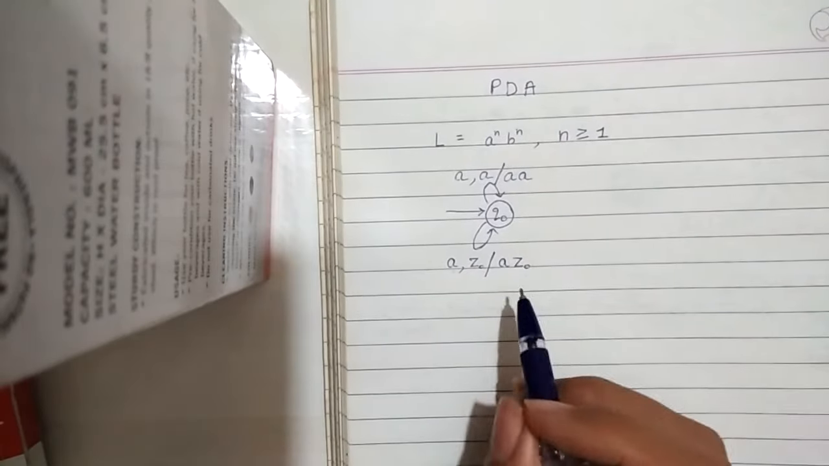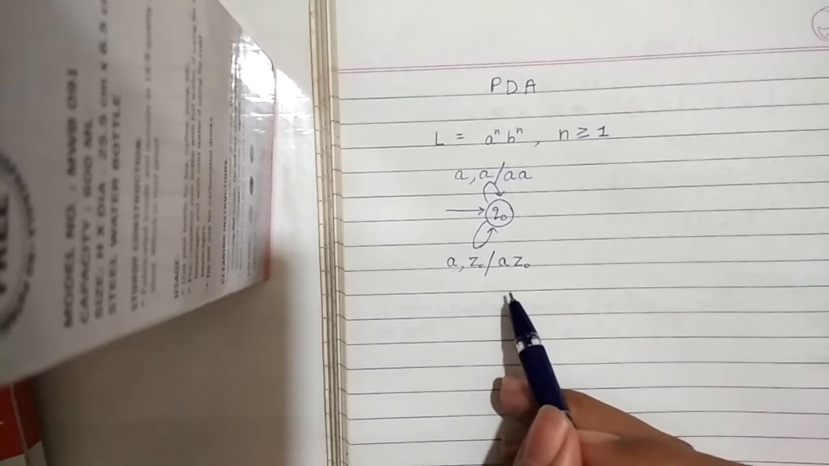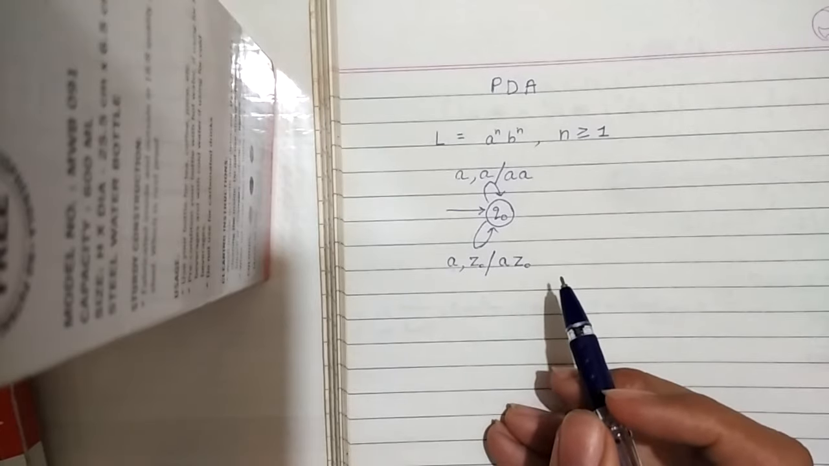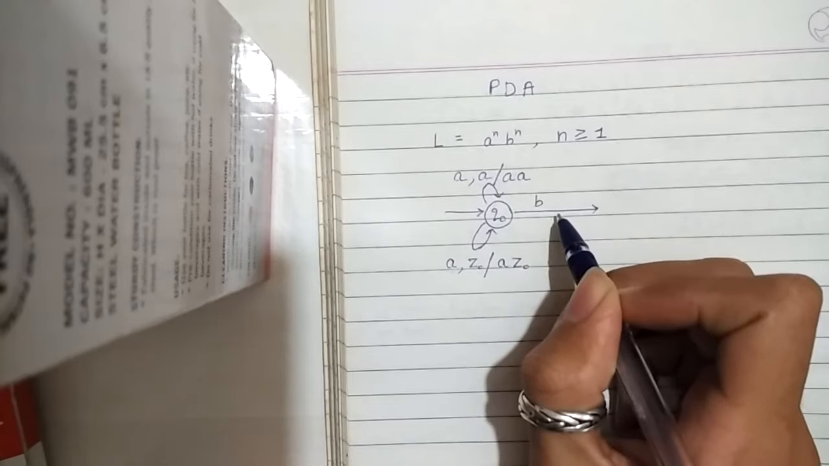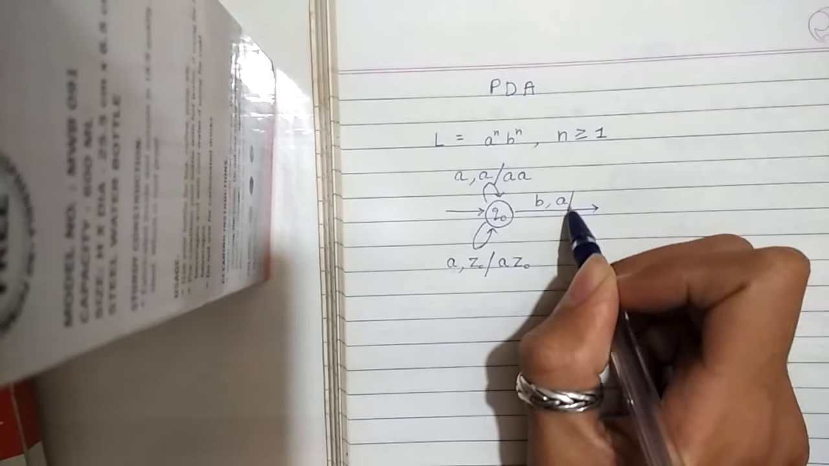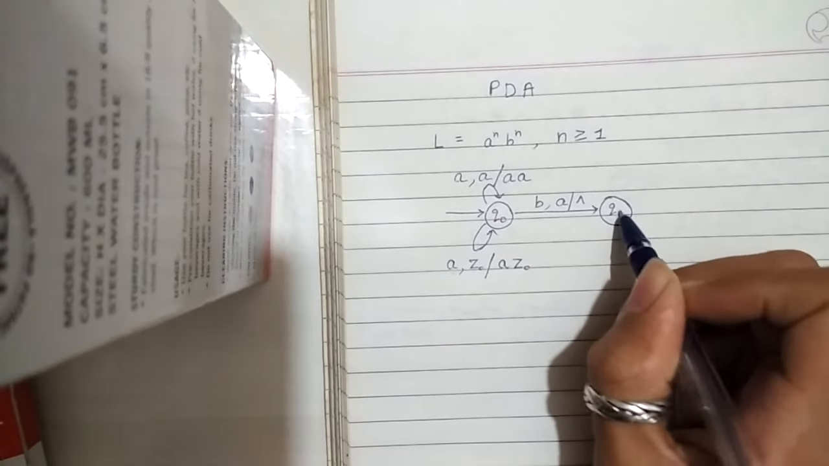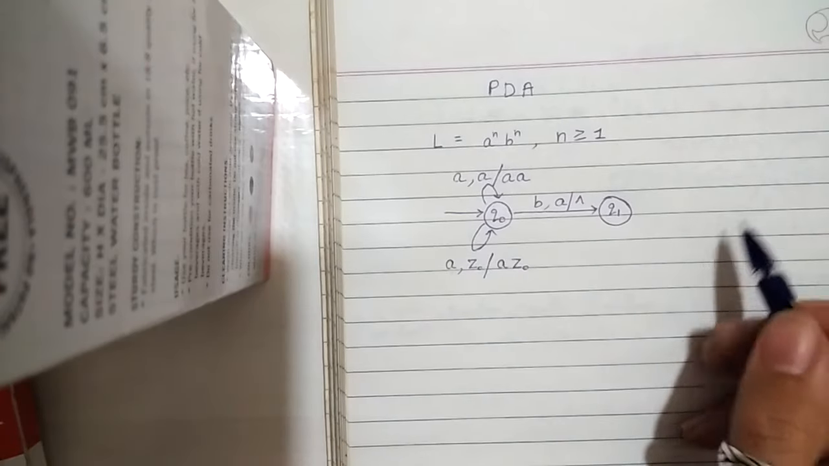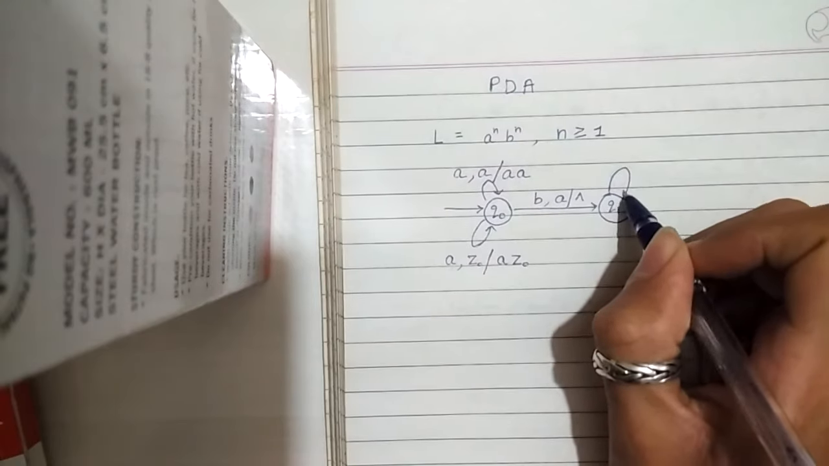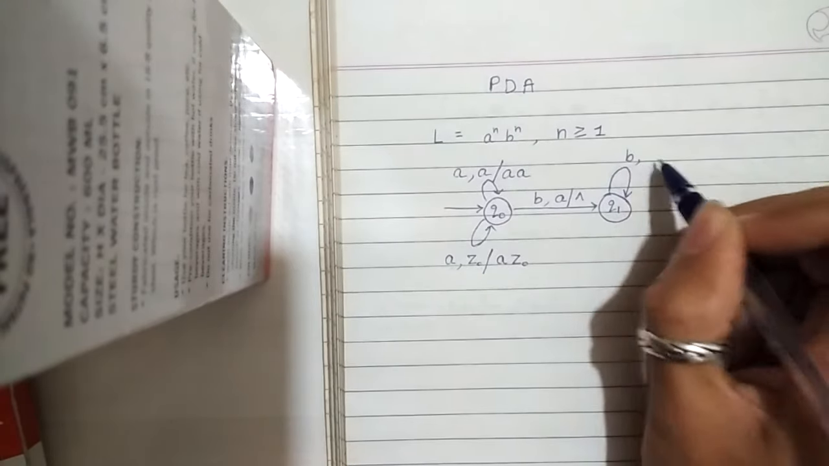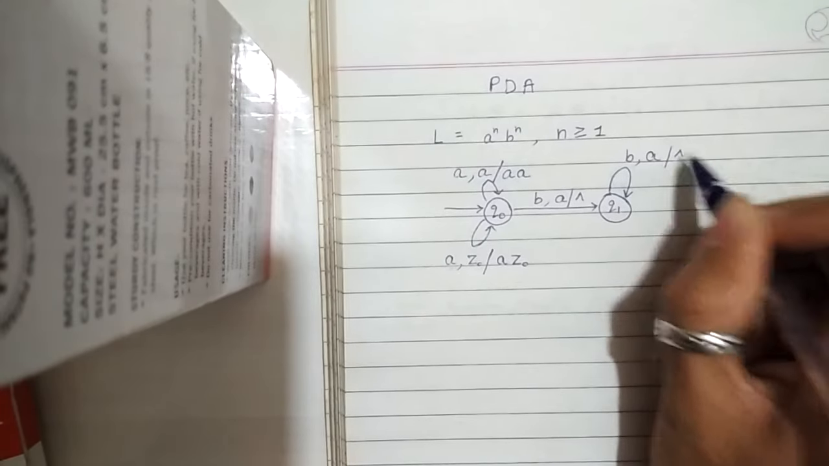So basically what we are doing here is, for the number of A's we get, we add them onto the stack. Now if we get the first B, our stack top is A, so we will replace it with null and go to the state Q1. Now at state Q1 we get a B, our stack top is A, so we will again replace it with null,